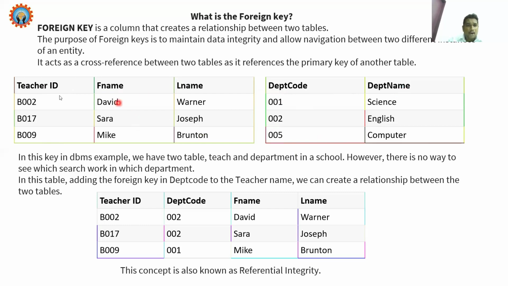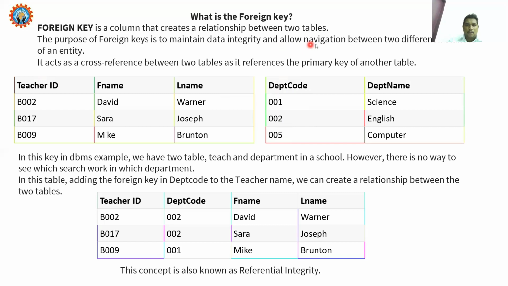Among these attributes we consider teacher ID as the primary key because the ID is a unique key attribute. Similarly, department code consists of a primary key attribute. So all the columns available here are unique key values, so you are maintaining data integrity. If it is unique, it maintains data integrity.